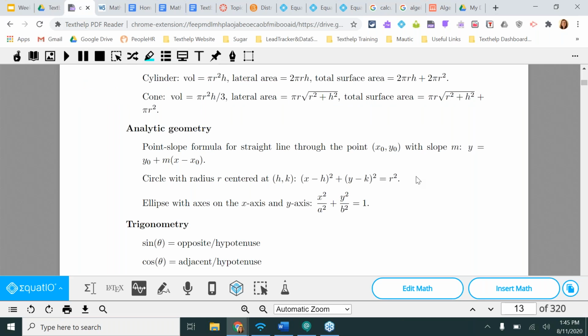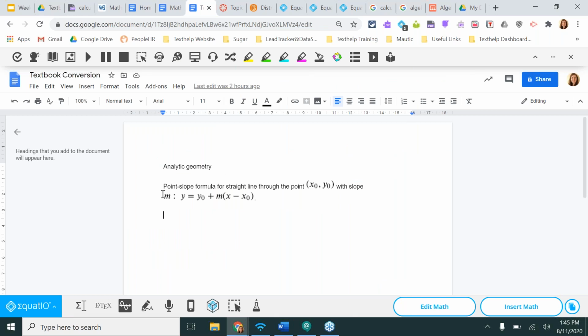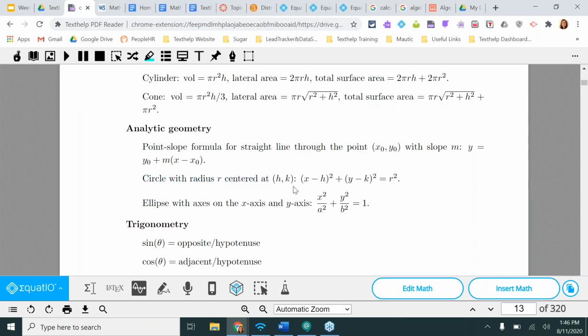So what I can do then is start working on this part here. Circle with radius r, centered at. I can copy that text and paste it, and if I would like, I can change the r with EquatIO, but what I'd rather do is show you a more complex formula. Again, I can do the coordinates, but what I'll do is show you the biggie at the end here.